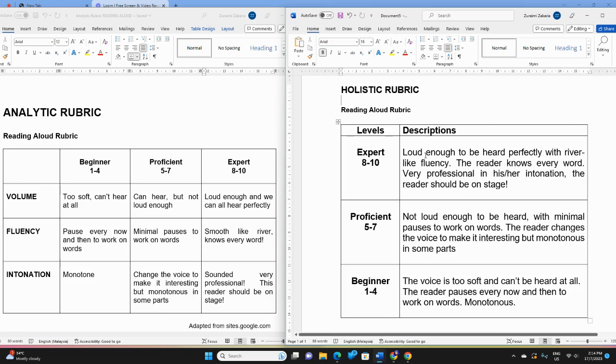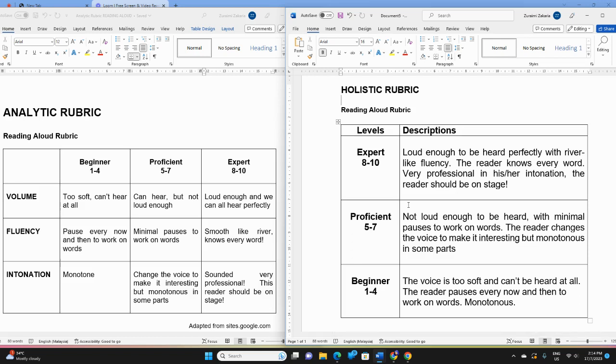Okay, with holistic rubric, it is recommended that holistic rubric be used for summative assessment when achievement is required in terms of the evidence of this achievement, but feedback is not necessary to be provided to the students because it is summative. All right. However, when we are using holistic rubric, we do tend to lose specific information